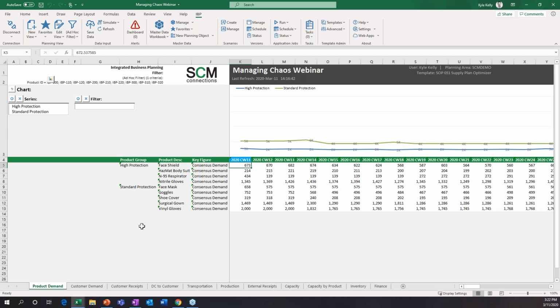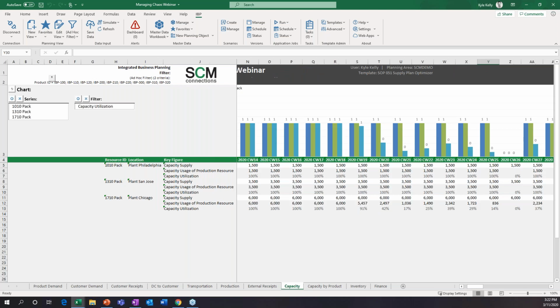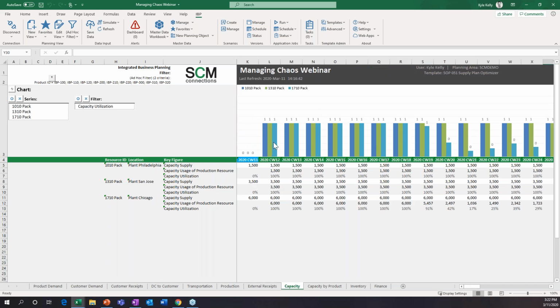All right, so now let's walk through the baseline scenario again, where we're considering just standard demand, what we would normally see, not in the case of a pandemic like we're seeing now. For this particular supply chain, we're going to look over at the capacity tab, where we're going to see those three resources and plants that we showed in the network diagram a little earlier. And what you'll notice from the outset is that for the next so many weeks, the network is already pretty constrained. We're reaching about max capacity for the next 6-7 weeks.